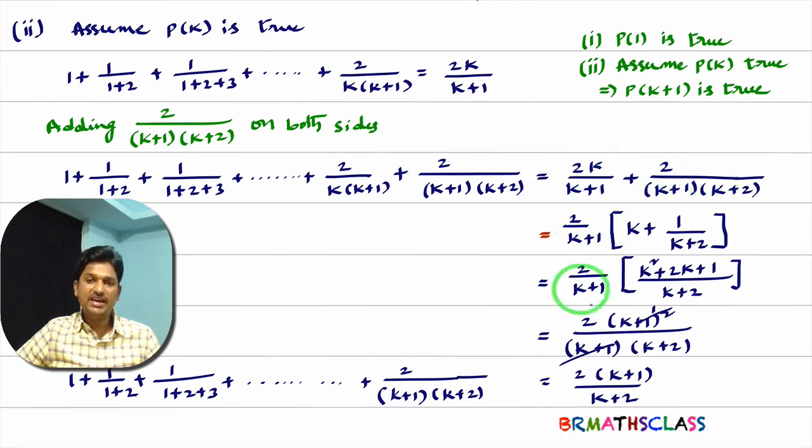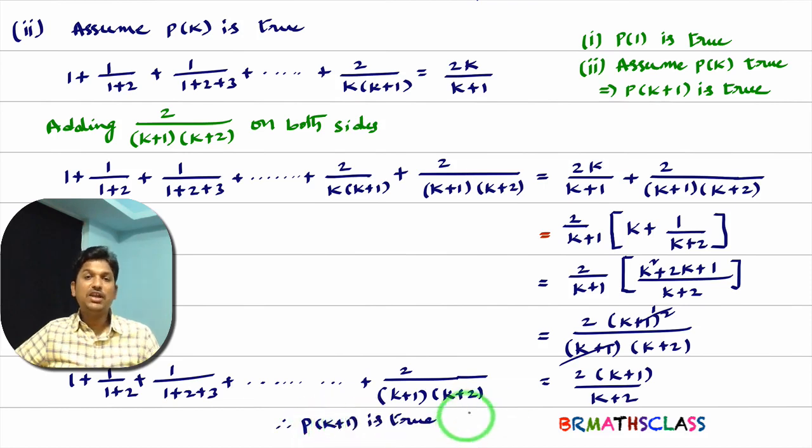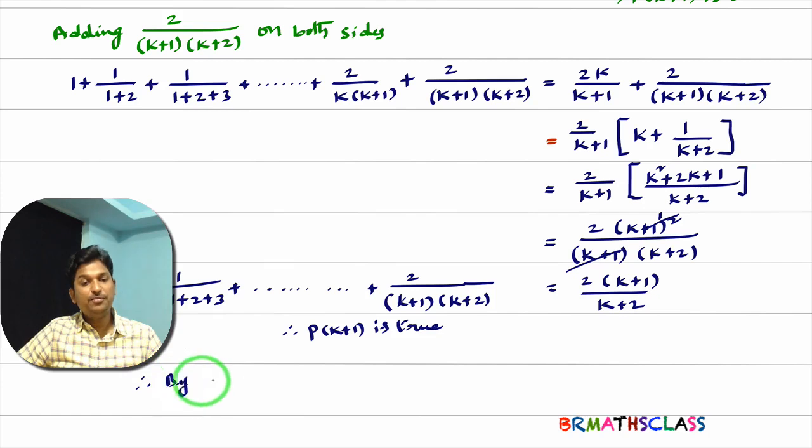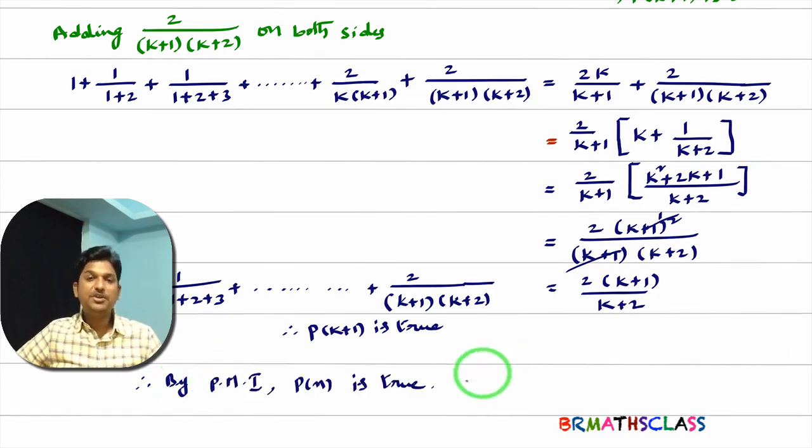Now what I did was a little bit of simplification here. I got this statement. It means both statements are the same. As this statement is true, this statement is also true. What is this? This is nothing but P of k plus 1. Therefore, P of k plus 1 is true. So what happened? We proved two things. In the first part, we proved that P of 1 is true. In the second part, by assuming P of k is true, we proved that P of k plus 1 is true. Therefore, by the principle of mathematical induction, we can say that P of n is